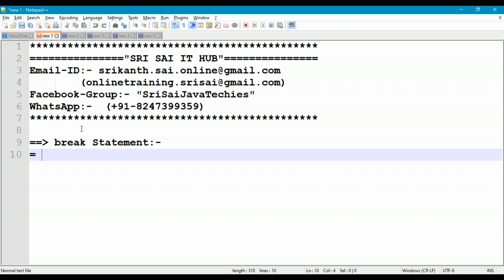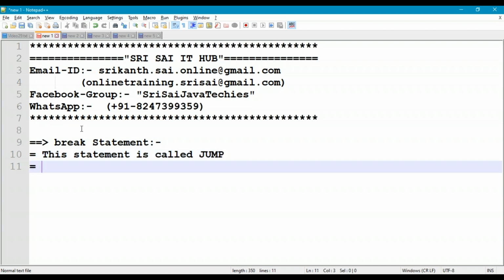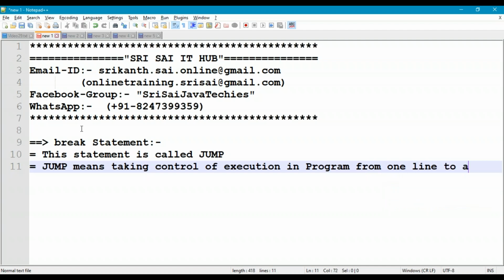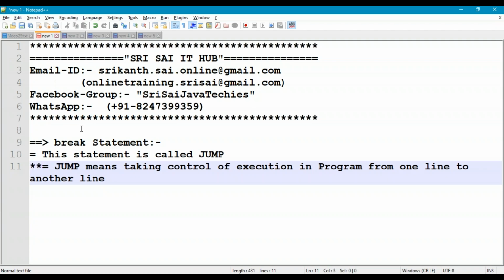So basically this statement is called a jump. So what is this jump? Jump means taking control of execution in a program from one line to another line. Okay, so from one line to another line